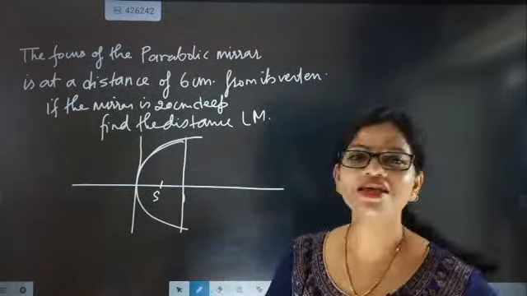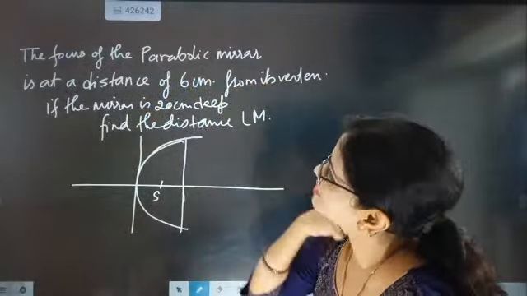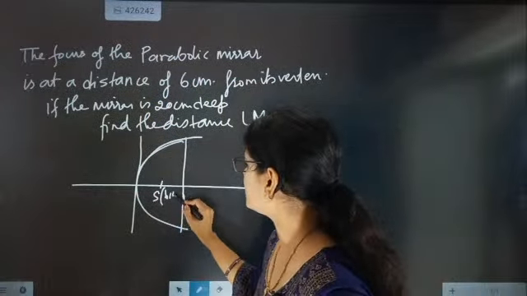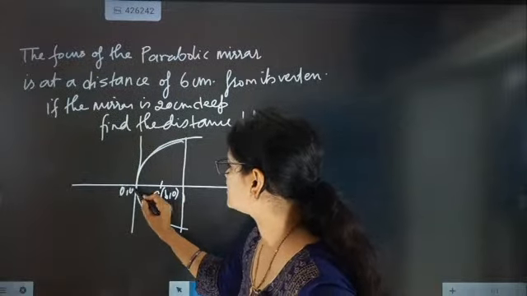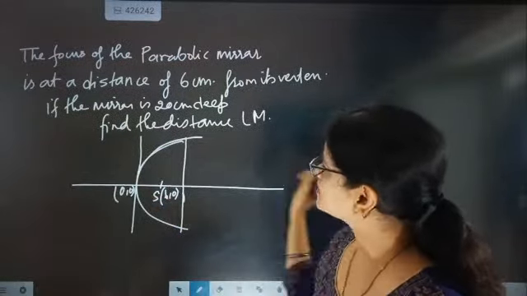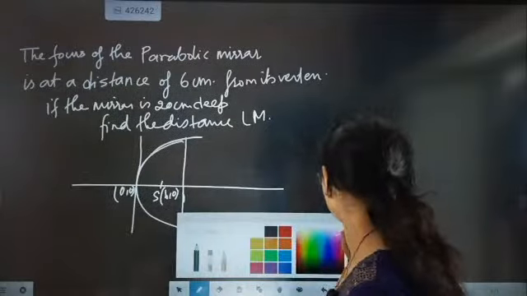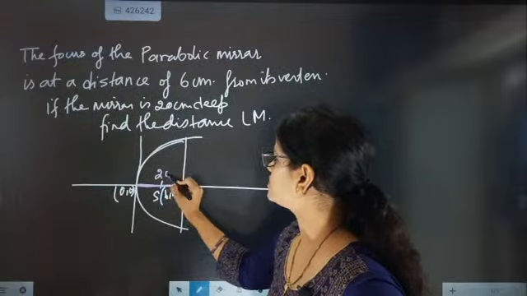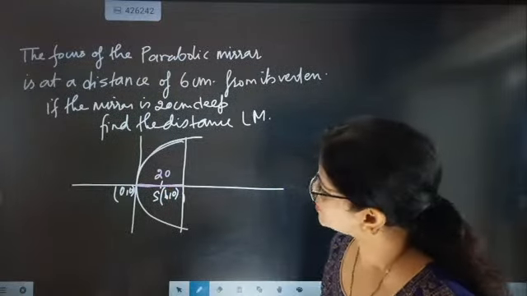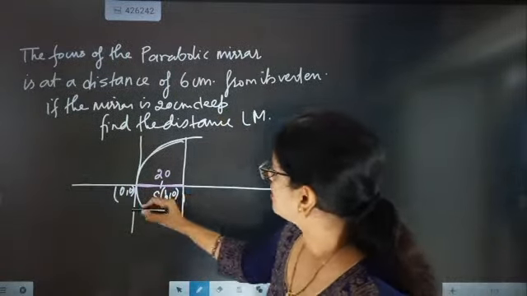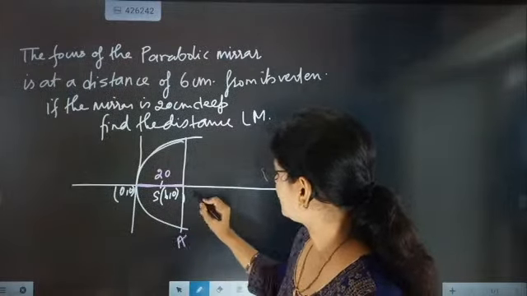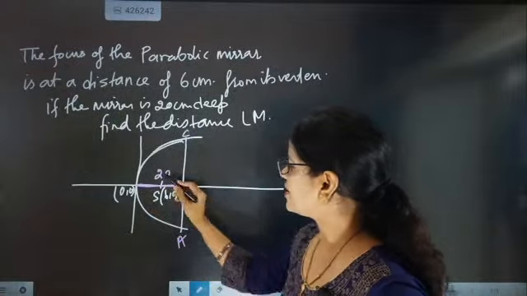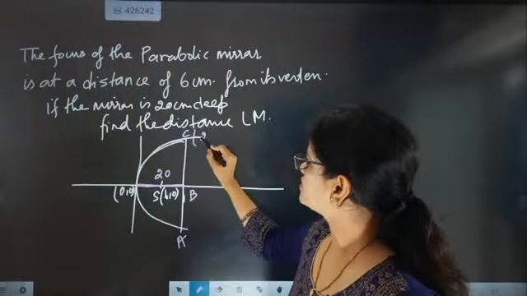So beta, the thing here is the focus of the parabolic mirror is at a distance of 6 centimeter. So the focus given to you is 6 comma 0. I am going to take the vertex as 0 comma 0. But the depth is given as 20 centimeter. So what are we going to do? The depth is coming as how much? 20 centimeter. So this is 20, the total distance is 20. The problem here is we don't know this A, B, C.